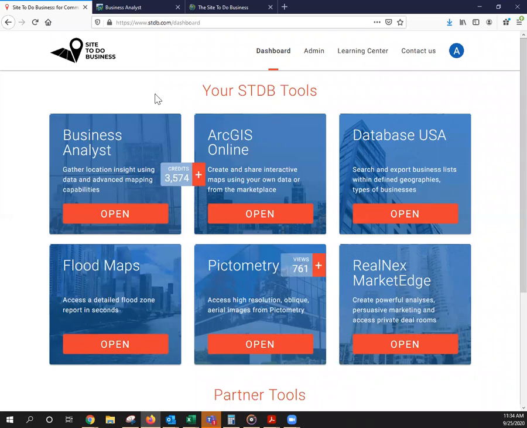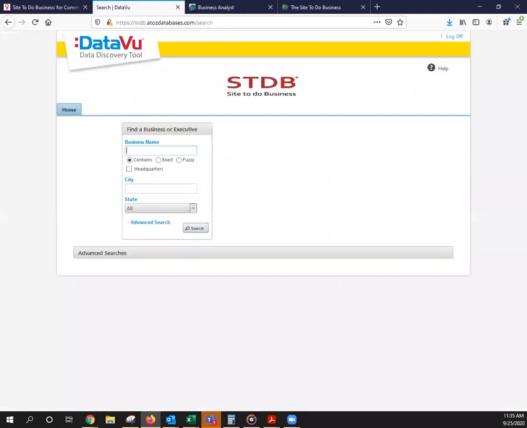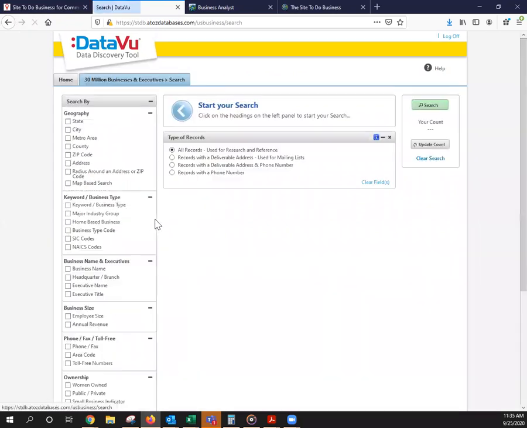So let's go over the process of adding things into ArcGIS Online. We're going to actually create a spreadsheet using another tool that we have available, Database USA, and then we're going to take that spreadsheet and upload it into ArcGIS. So if you're familiar with Database USA, we just have to click Open. And what I always like to remind people is don't really use this quick search, always select the advanced search. It's going to give you a little bit more options. You'll be able to play around with it and really build